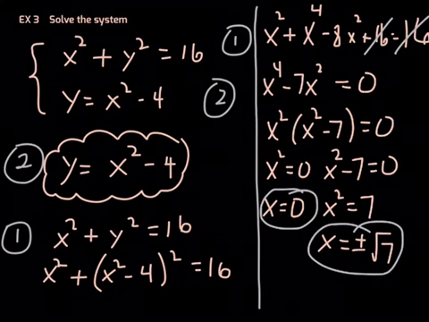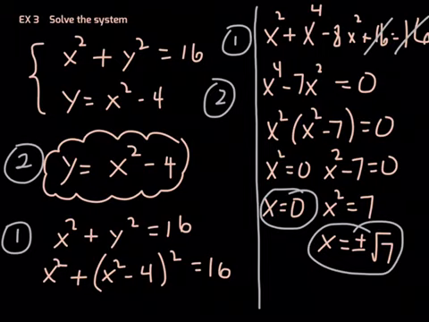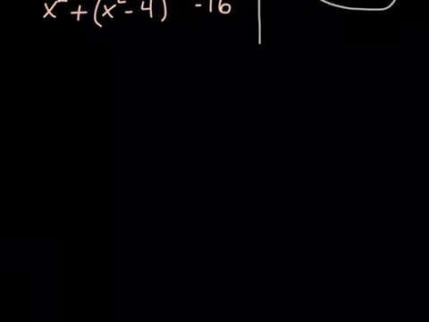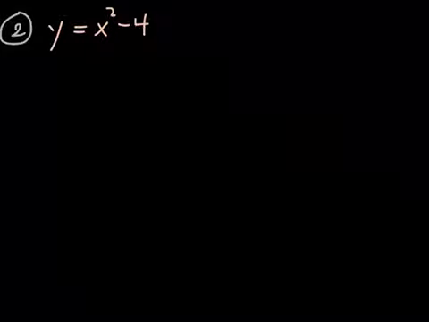So let's see. Let me scoot up here. Well, first, before I change the screen, we're plugging in each one of these x values, all 3 different ones, in this. Y is equal to x squared minus 4. All right. This was equation number 2. Equation number 2 says y is equal to x squared minus 4. You're going to see me plug into this equation each of our x values that we just found. All right, here we go. Plugging in x equal to 0